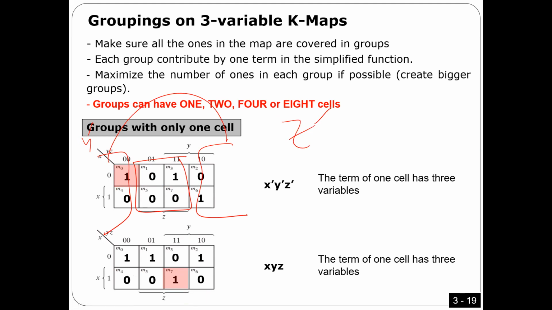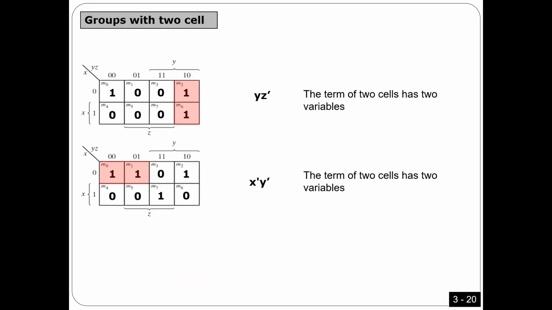I will do the same. I did the same thing in 2 variables, but maybe it was not very clear because it was a very small map. But now I'm doing it for 3 variables. I'm going to do the same thing in case of 4 variables. It's the same concept. But anyway, let's continue. Now, what if I take these two